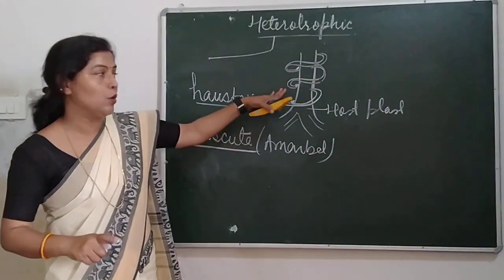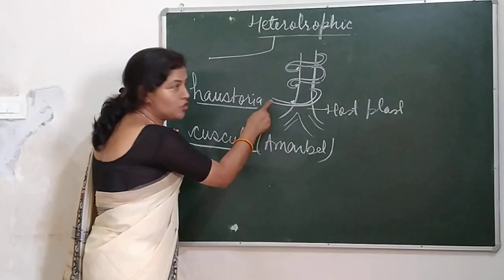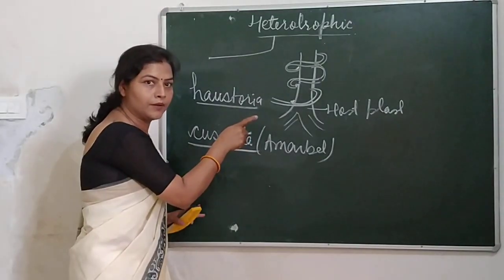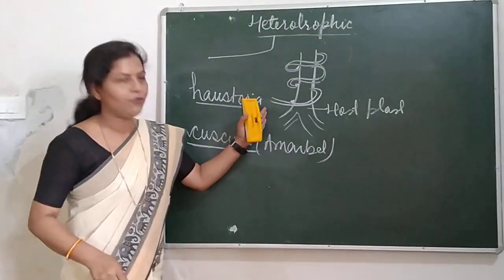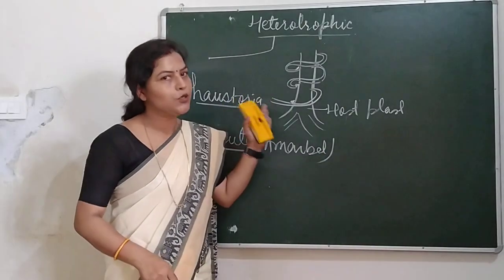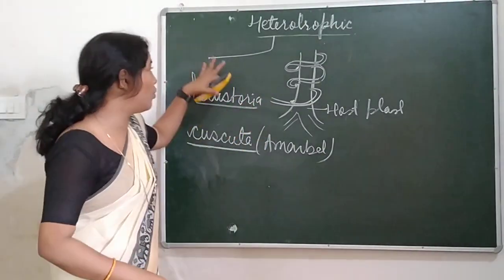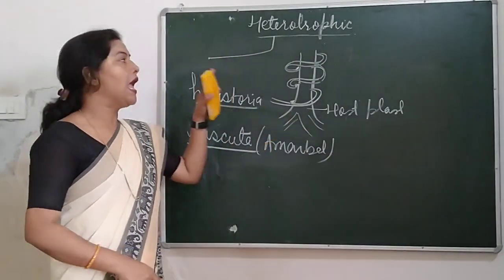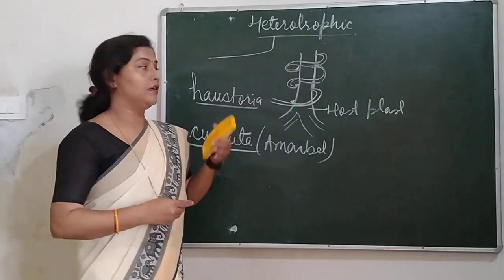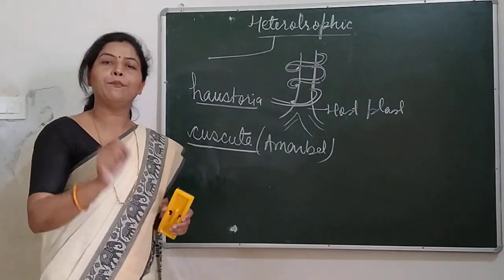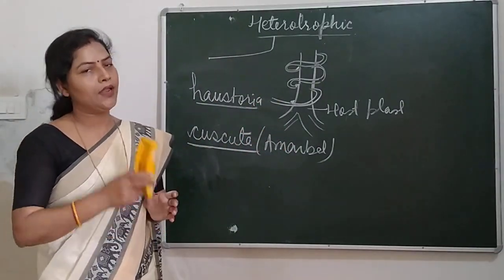So see properly, look at this. This climber is not only getting shelter but also food. So what type of parasite is this? This is total parasite. So this is the parasitic mode of nutrition. And those who are involved in such kind of nutrition, they are called parasites.